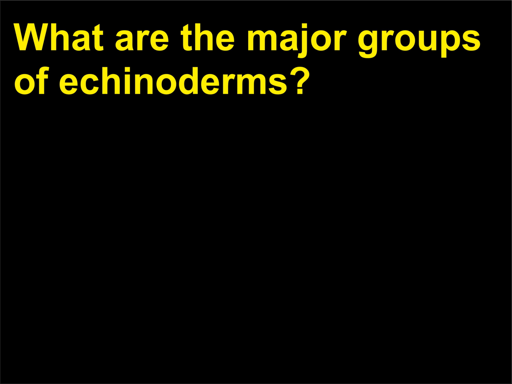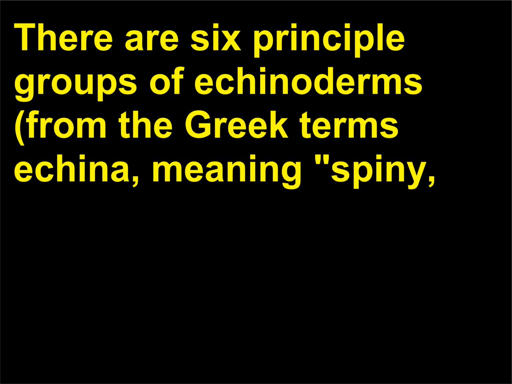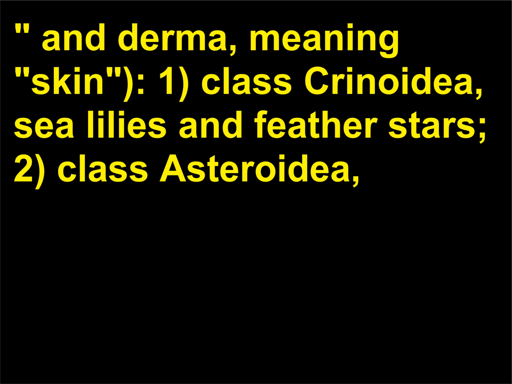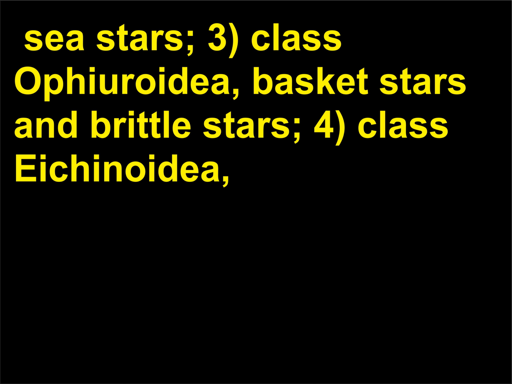What are the major groups of echinoderms? There are 6 principal groups of echinoderms, from the Greek terms echina, meaning spiny, and derma, meaning skin. 1, class Crinoidea, sea lilies and feather stars. 2, class Asteroidea, sea stars. 3, class Ophiuroidea, basket stars and brittle stars. 4, class Echinoidea,